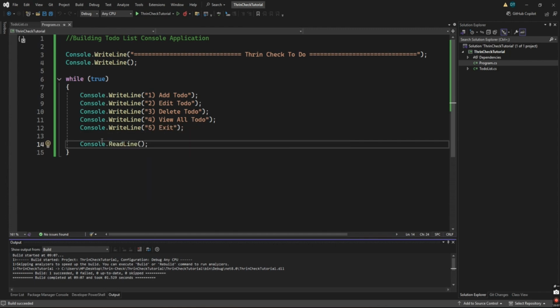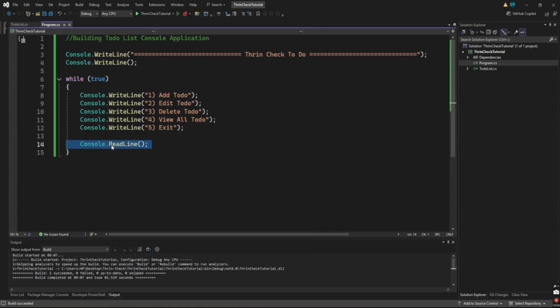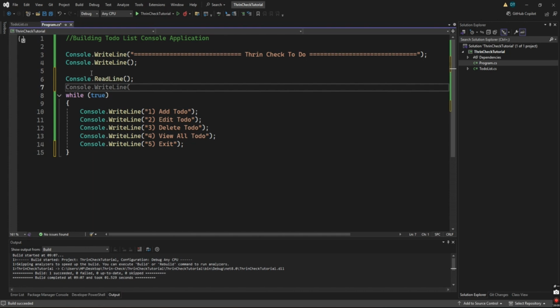Basically, this is supposed to be a switch case. It's supposed to be a switch case. So this is where I'll be putting the read line, and I'll be having a variable called